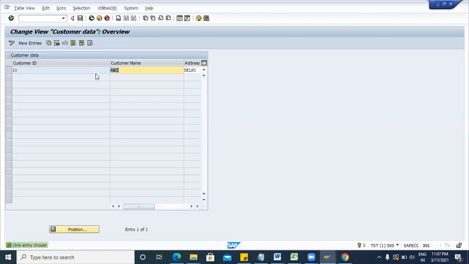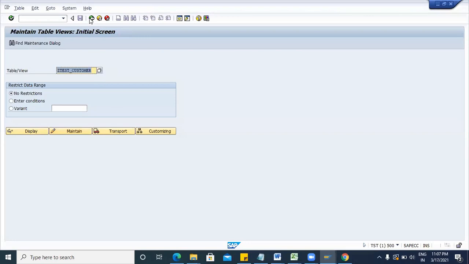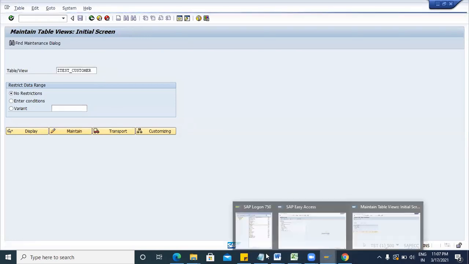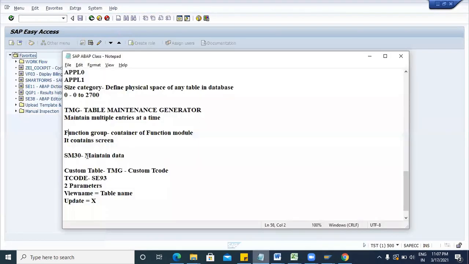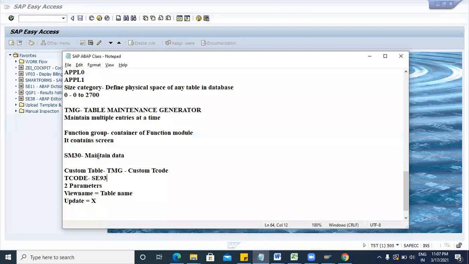The function group contains the screen number, and you can change the field name. Okay. Now next step is how you are creating your custom T code through the standard T code SE93, and you are just passing two parameters, view name and update. So do you have any doubt?